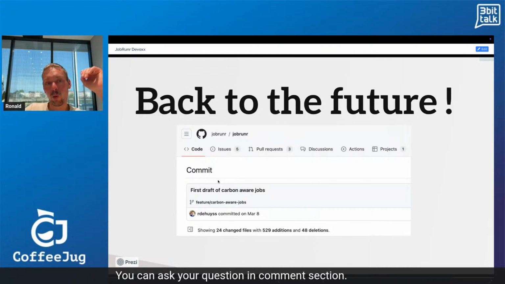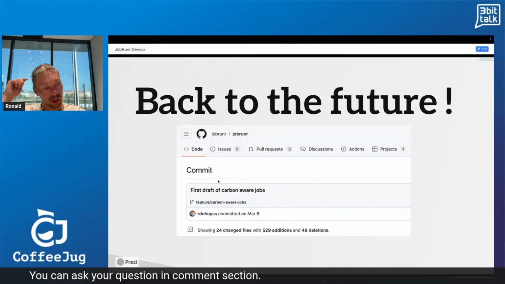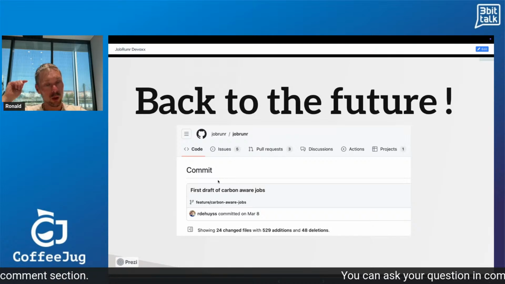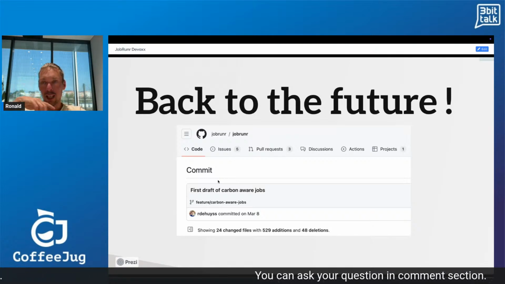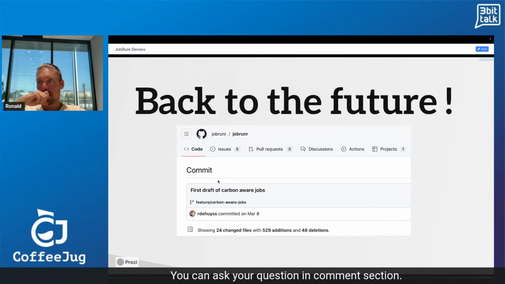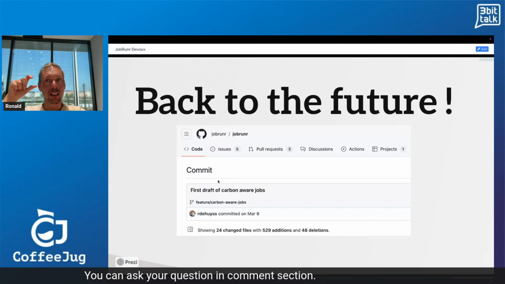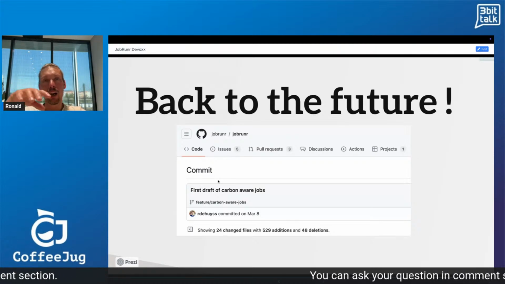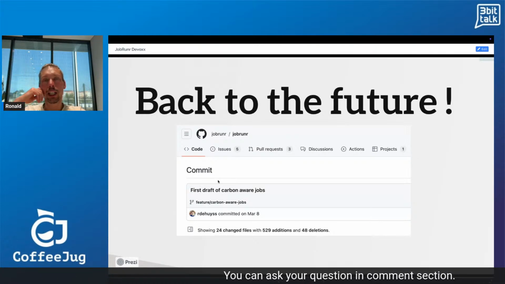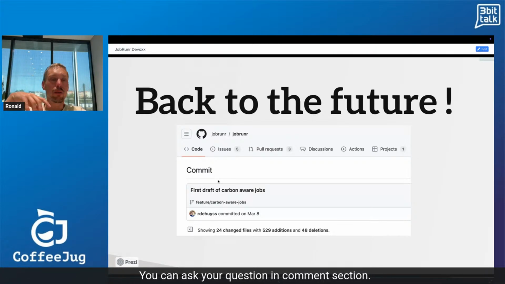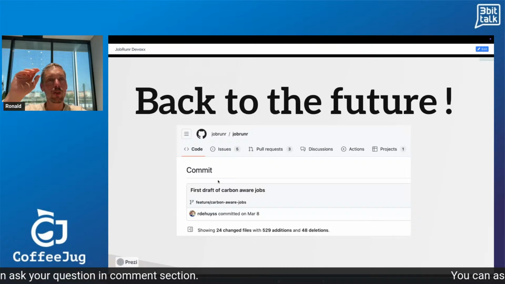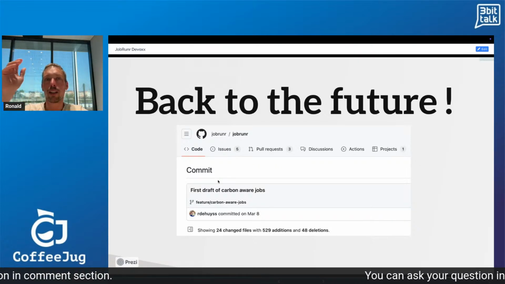We're currently working hard on JobRunner V8, and that will include carbon-aware job processing. And what does that mean? Well, if you have a job that is not time-critical, you can say, hey, I want to run my recurring job each night around 3 o'clock, and it can be, for example, 2 hours earlier, 2 hours later. It's not time critical, so I just need it to run that night.